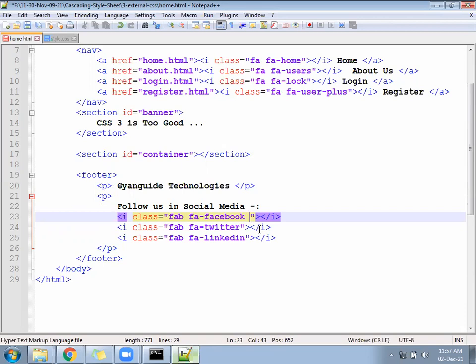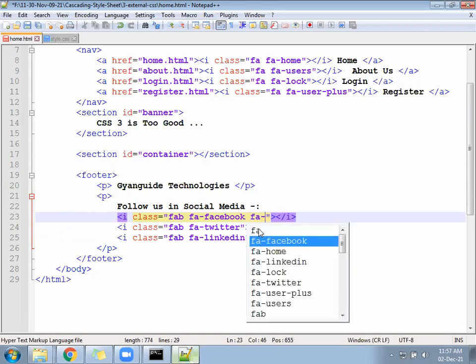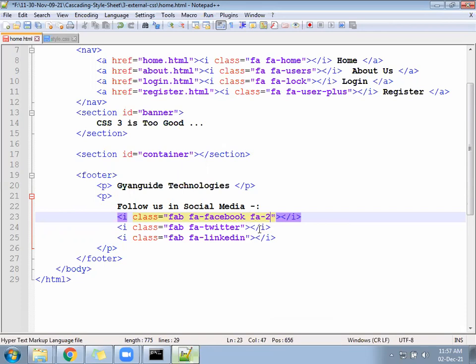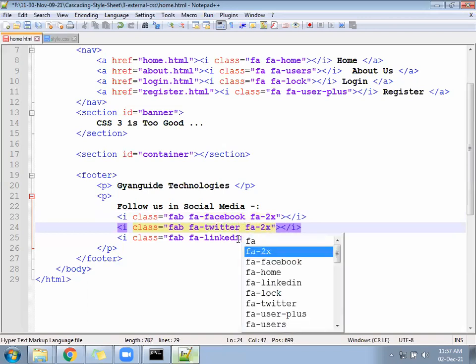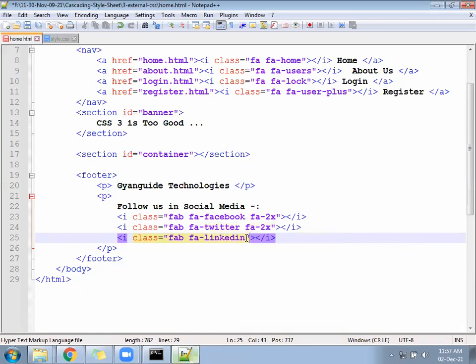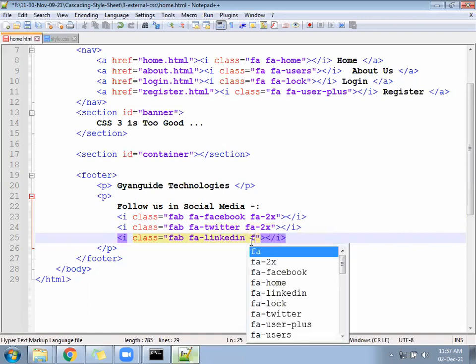It will go till 10x. You will write like this: fa hyphen 2x. The fa class should be there, then fa hyphen 2x.